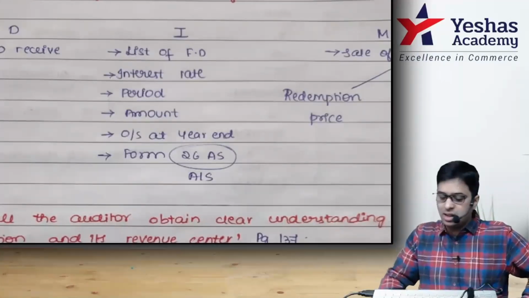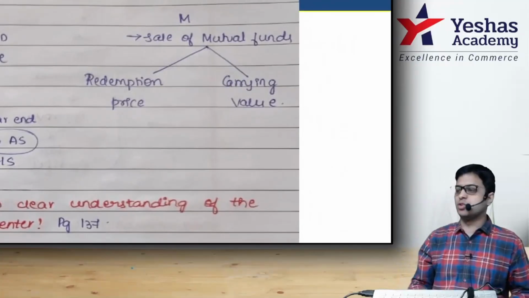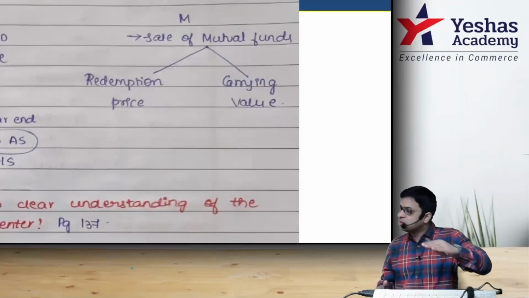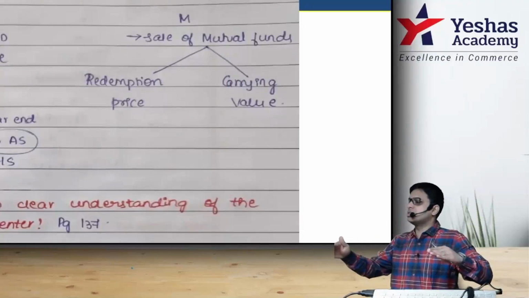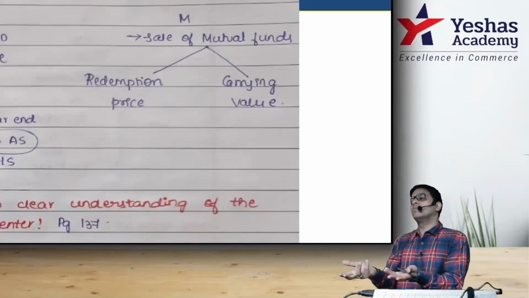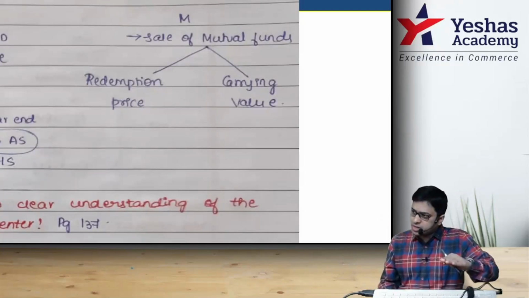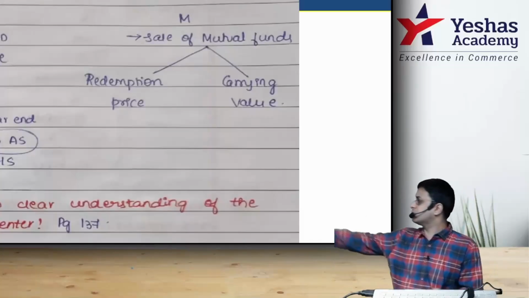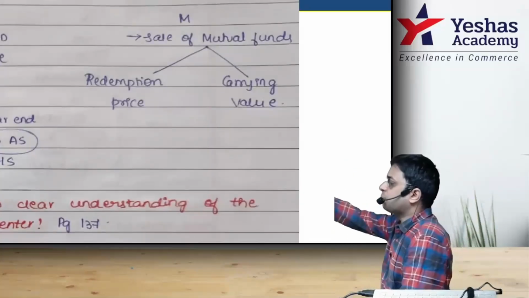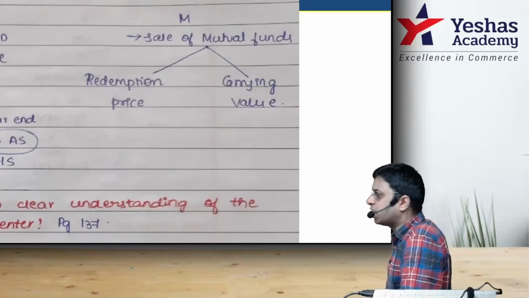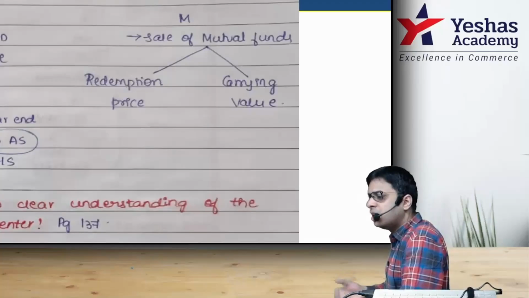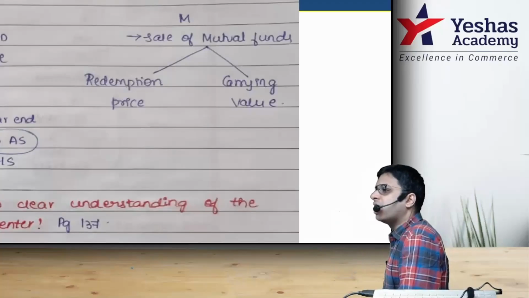Are you there? Regarding mutual funds, sale of mutual funds, very simple. Sir, at what value have we sold? Redemption value. And at what value are you showing in the books? That difference is profit. At what value have we sold the mutual funds? At what value have we shown in the books of accounts? The difference between that is our profit. Redemption price is our income, the value at which you sell the mutual fund units, and second is the carrying value in our books. The difference between these two is your profit. Are you with me? So, check these things. Easy? Can we read it?